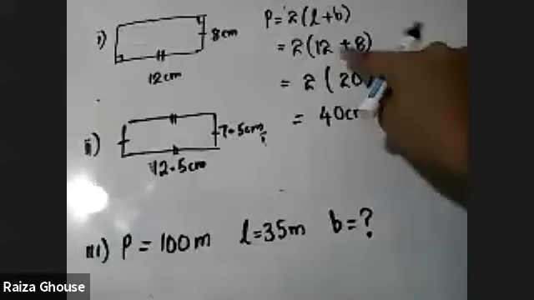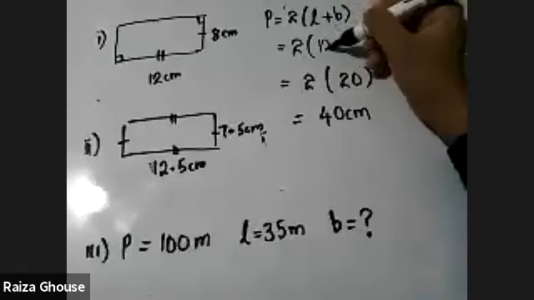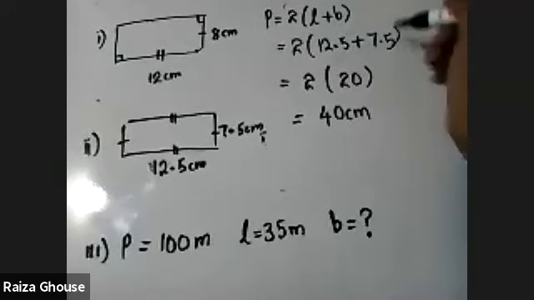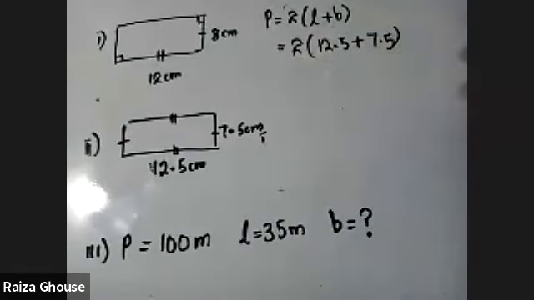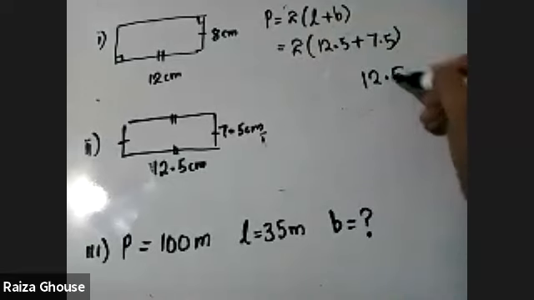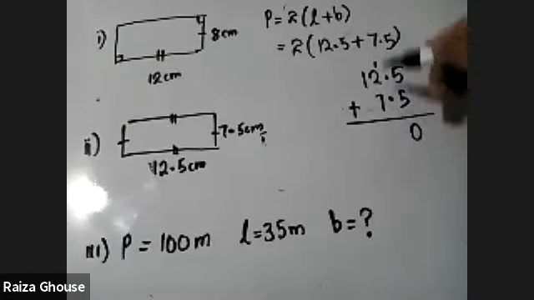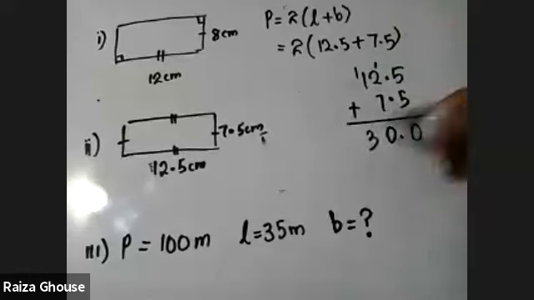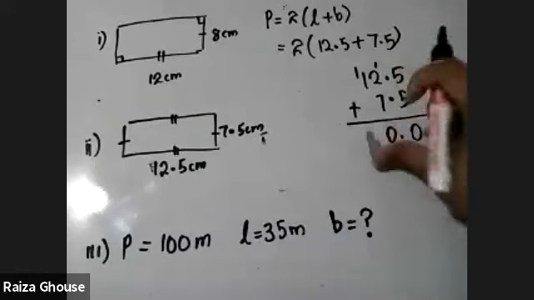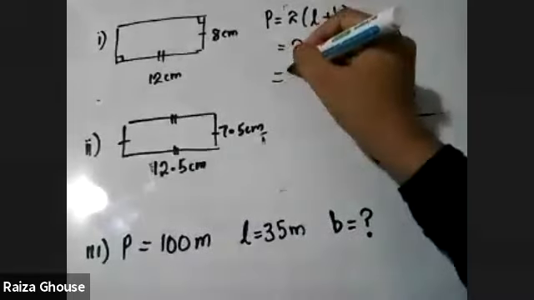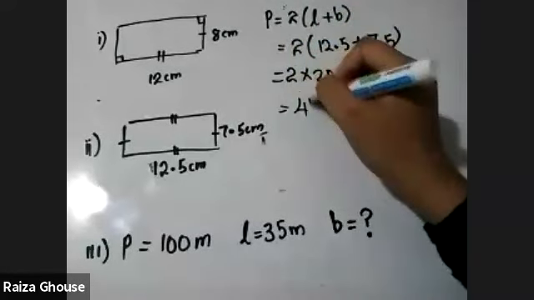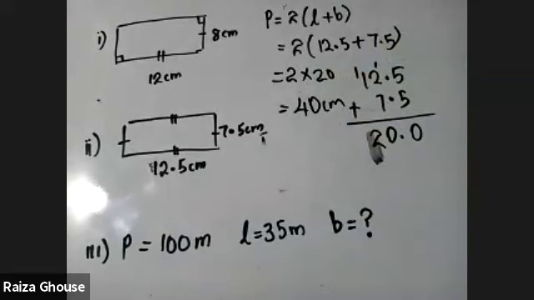Second one, perimeter. The same equation I can use, 2 into L plus B, but the length and the breadth are different. So what can I do? I can change this one now. I'll erase this one here. I'll put 12.5 plus 7.5. So decimal values you should know to add. Now suppose if there are students who don't know to add, this is for you now. Listen, decimal should be placed on the same point. You can add them together. 10, 7 plus 3, again 10. Then you're getting 30. Right? Sorry, 20. I'm sorry, 20. Now the same value comes, 2 into 20. You are getting 40 centimeters of perimeter for the second one also. That is the answer.